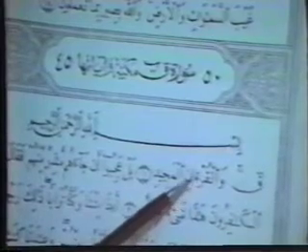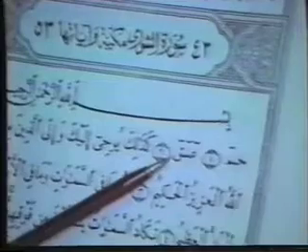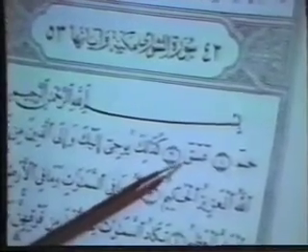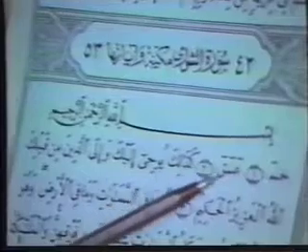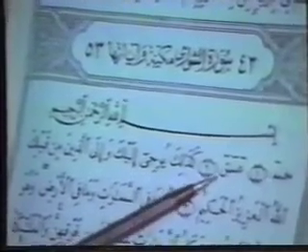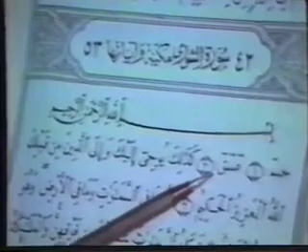Also, the only other surah initialed with Qaf, which is surah number 42, there's the letter Qaf as an initial, contains the exact same number of Qafs as the other surah. So you count this Qaf and then you go and find this Qaf and count it and so on. This is a physical fact. The total occurrence of the letter Qaf in this Qaf initial surah is also 57, 19 times 3.